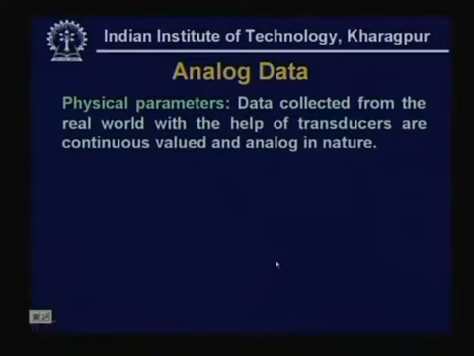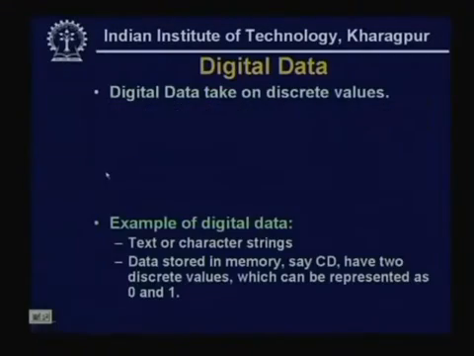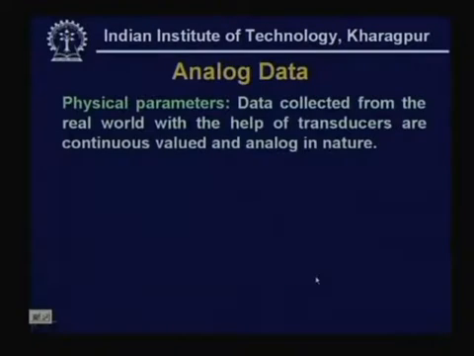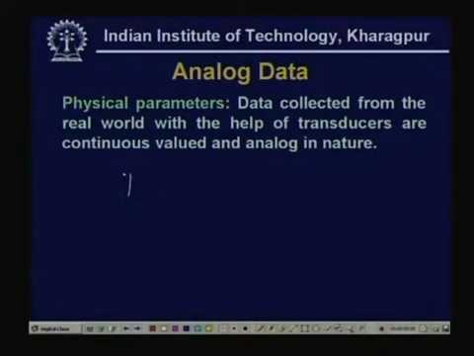Now let us consider the third type of analog data, that is physical parameters. Physical parameters are essentially various parameters that we encounter in the environment. The world that we belong to is in the analog domain. That means all the physical parameters are analog in nature. For example, temperature, pressure,